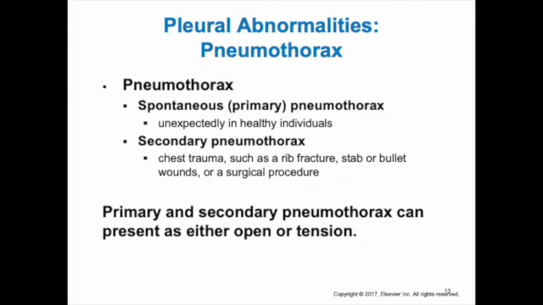We also have secondary pneumothorax. A secondary pneumothorax is caused by some type of chest trauma. Usually we're going to have an accompanying rib fracture. Maybe it was caused by a stab or a bullet wound, or a surgical procedure that went amiss